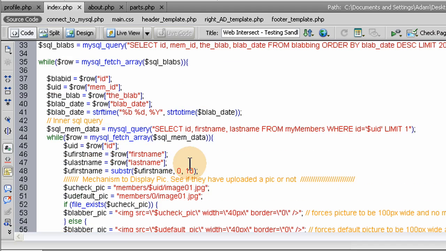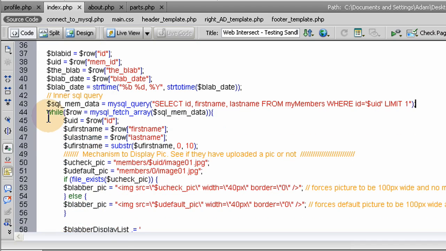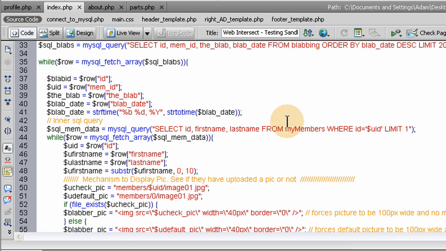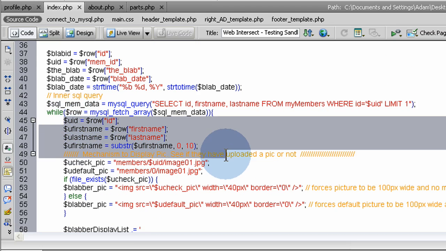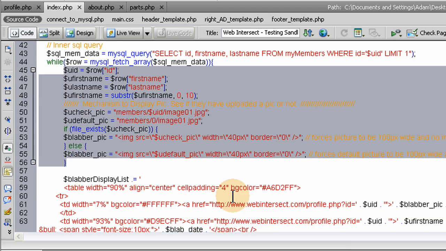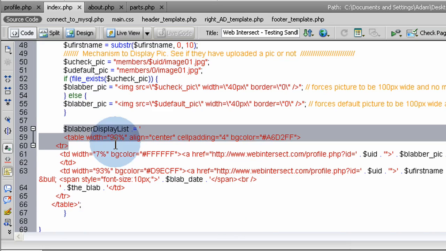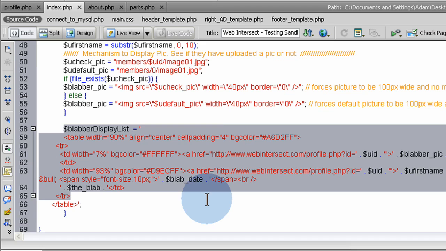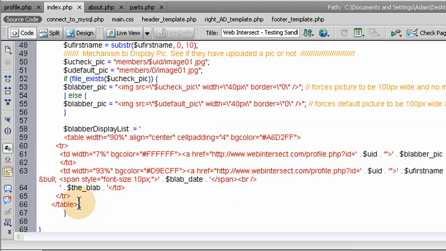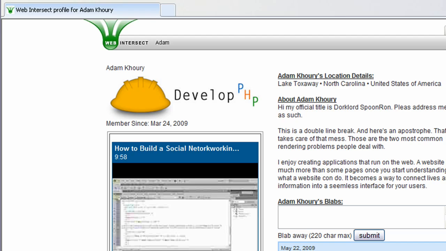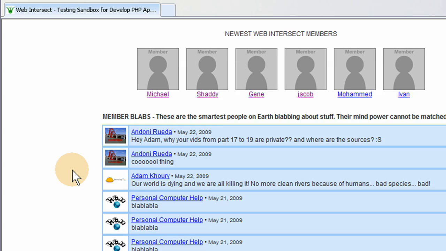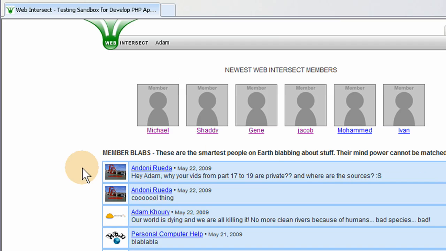So here in the second while loop, we're saying for each one of those 20 blabs, the member ID, we're going to gather all that member's info, see if they have a picture and everything, and then we make the blabber display list. The 20 blabs get put into tables and sunk into the output of the page, and then this is what we get. And that's how it works, and it's limited by 20, so it's always going to be the newest